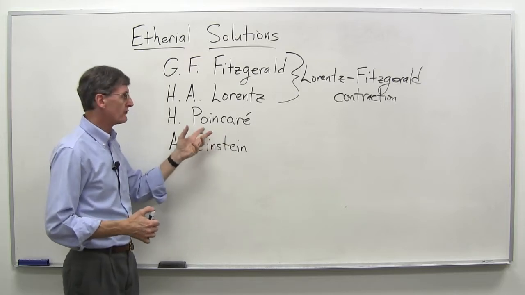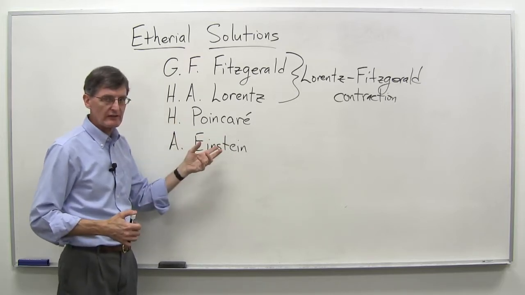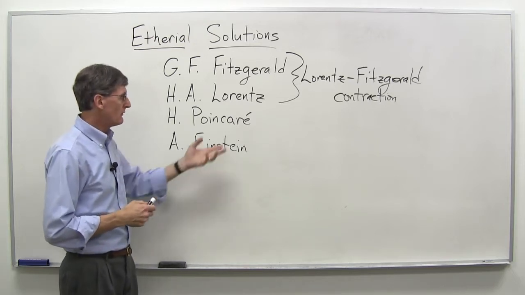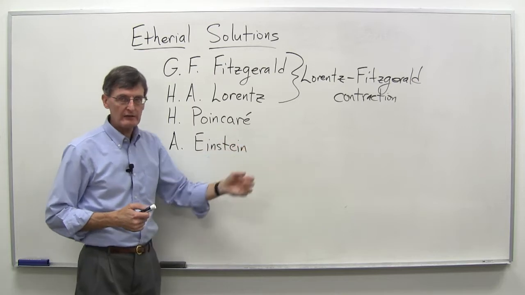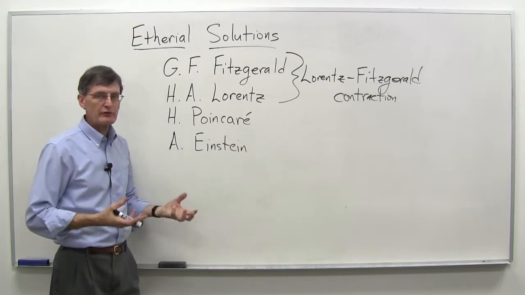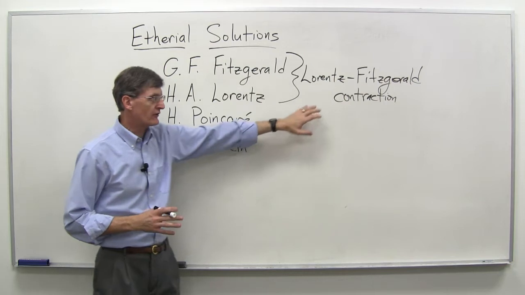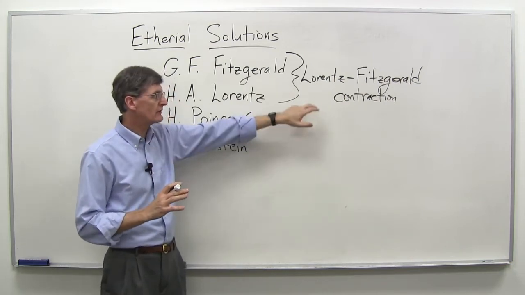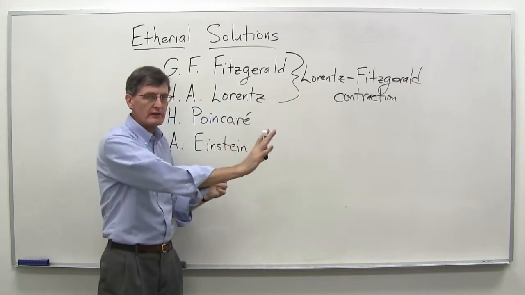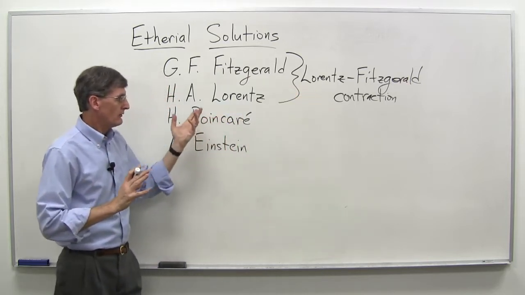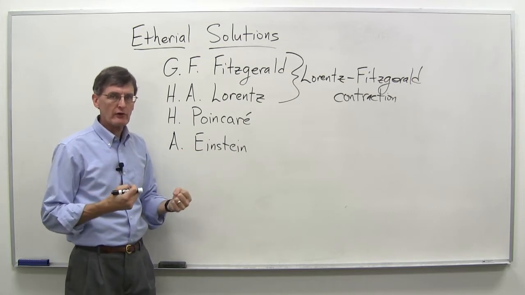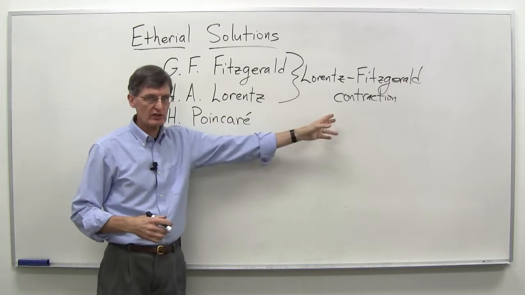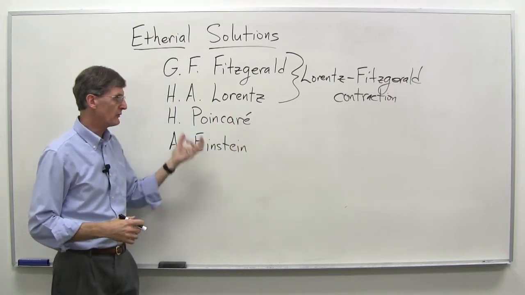Henri Poincaré also took some of Lorentz's ideas, 1895 and following, over the next 10 years, and they both developed them further. Both of them also played with the idea that time itself might be elastic, sort of like length is a little bit elastic here. It can change a little bit, the physical length of something, if it's moving against the ether. They had the idea that maybe time is involved as well, because to make things work out in the full context of the theory, if length is changing a little bit, then there seemed to be some need for time